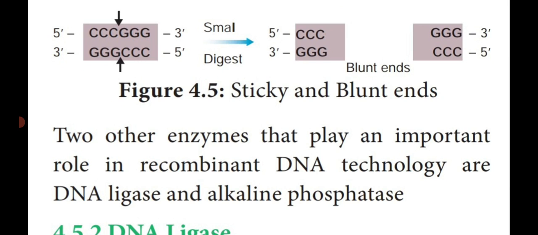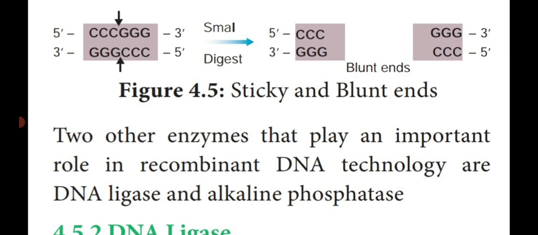The next one, see the diagram, 5' to 3', 3' to 5'. The nitrogenous bases are the same, that is palindromic sequence in the opposite direction. We are using SmaI from bacteria to cut the DNA at the middle or center position of both the strands. That end is known as blunt end or flush end. This cut is known as symmetrical cut. That means they cut the DNA fragments equally, with the equal number of nucleotides in both the strands.